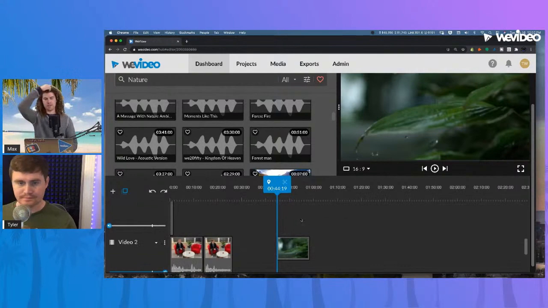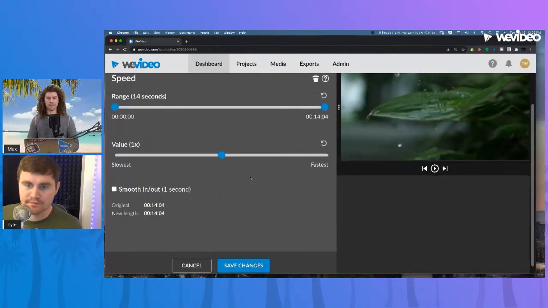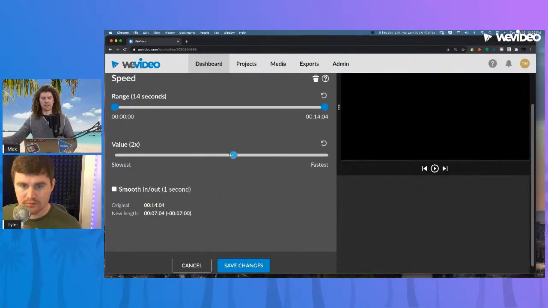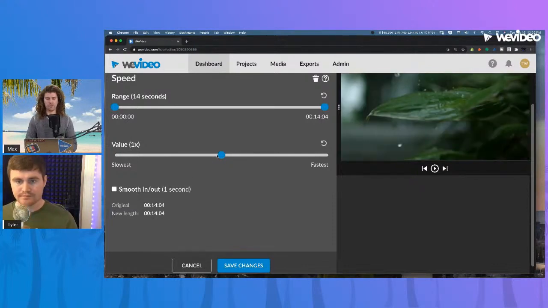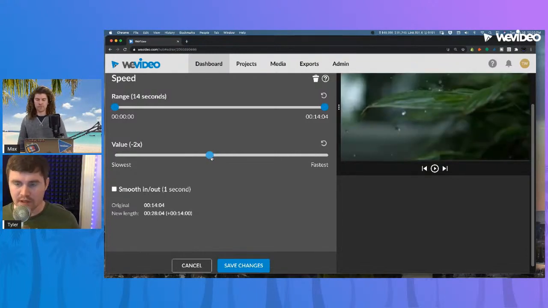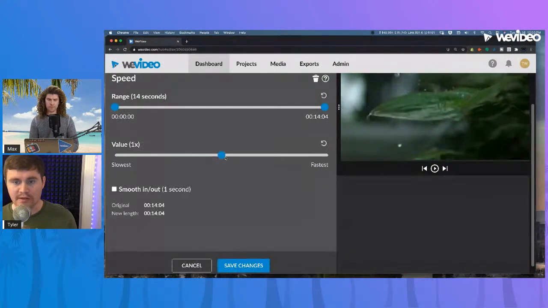If it is a video track, you can. And obviously it'll affect the audio, it'll make it all sound weird, but yeah, right now we're just limited to these increments that you see here. Yeah, it does have to do with the fact that we're providing a cloud-based solution. A lot of the frames per second and getting into those things becomes very complicated. So you are just limited to these right now. But we are always looking to improve.